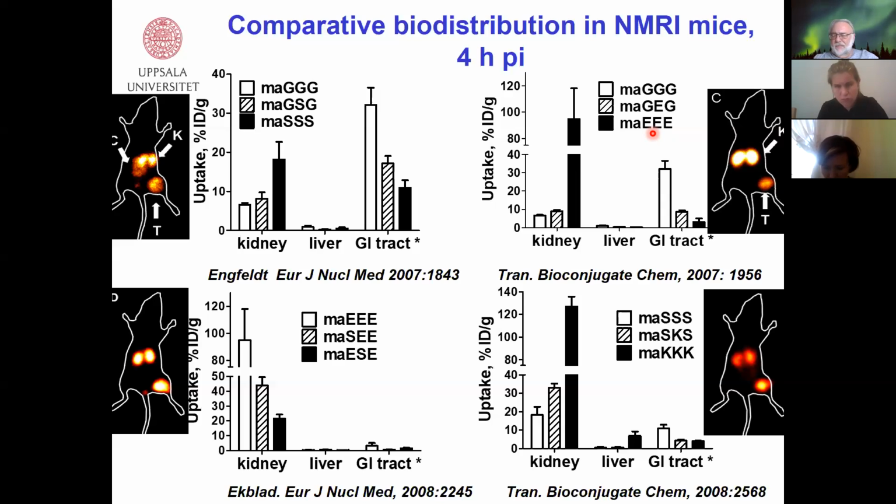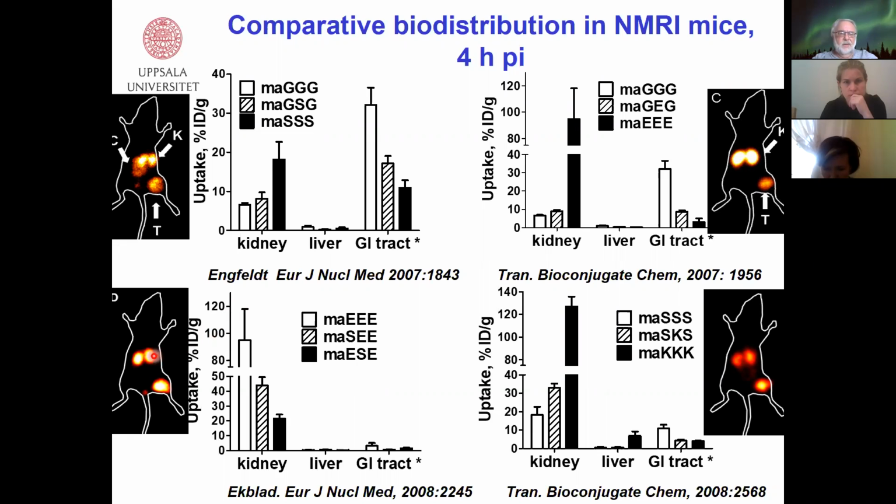The kidney has a very well-defined shape. And second, kidney metastases are very seldom, so you most likely will not miss a metastasis because of uptake in the kidney. Well, still, we wanted to see if we could reduce kidney uptake